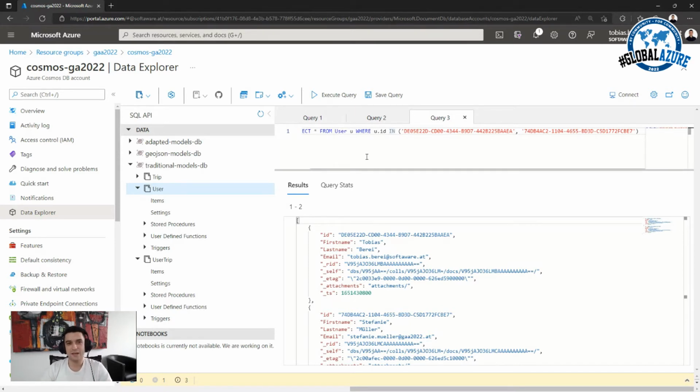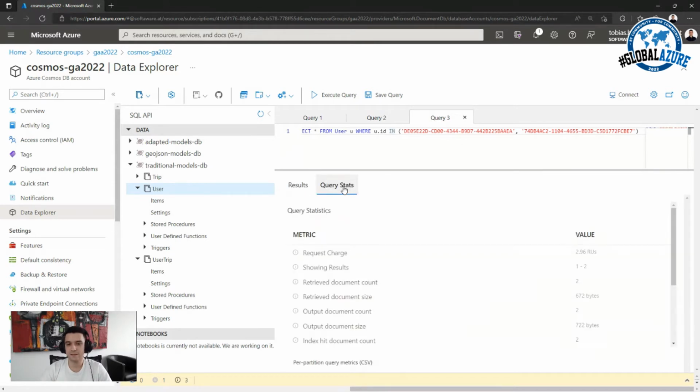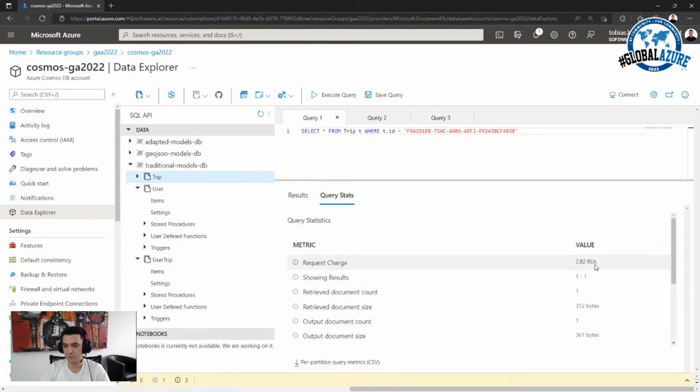We can also see that we have 3 queries in here. And if we take a look at the query stats, we can actually also see the request charge, which we are billed for at the end of the billing period. The third query, for example, produced 2.9 request units. The second query produced 2.8 request units. And the first query also produced 2.8 request units. So in total, we end up with